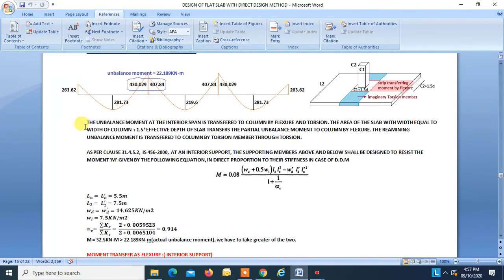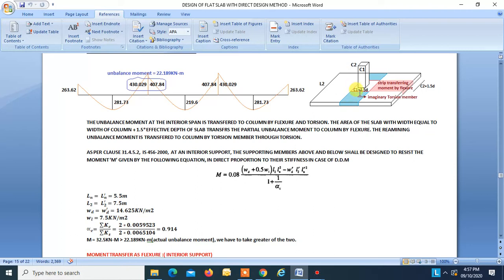Okay. The unbalanced moment at the interior span is transferred to the column by flexure and torsion. The area of the slab with width equal to the width of the column plus 0.5 times the effective depth of the slab on each side transfers the partial unbalanced moment to the column by flexure. That is, the remaining unbalanced moment is transferred to the column by torsion through the torsion member. So these are the torsion members. Okay, so they will transfer the remaining moment to the column